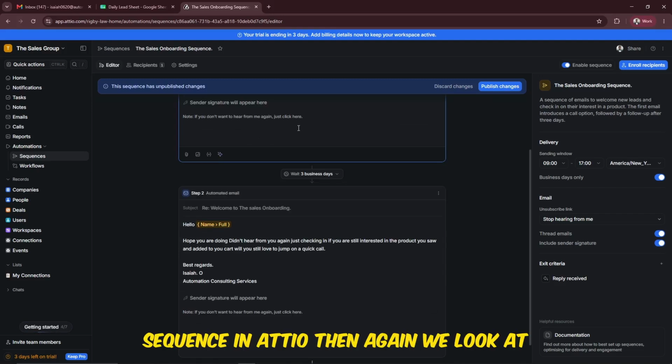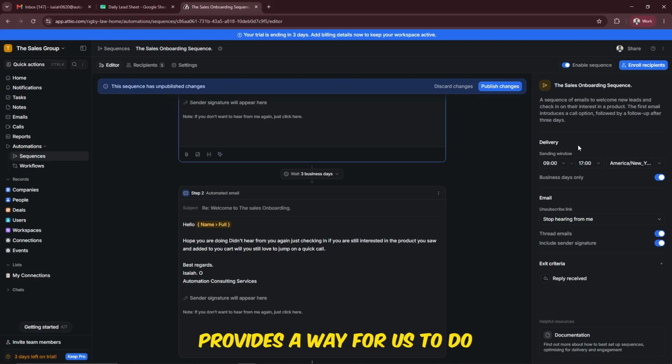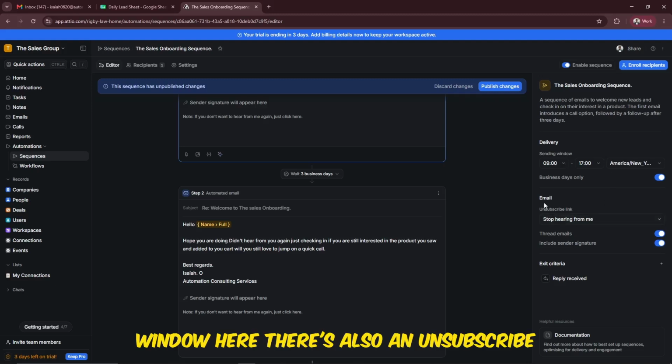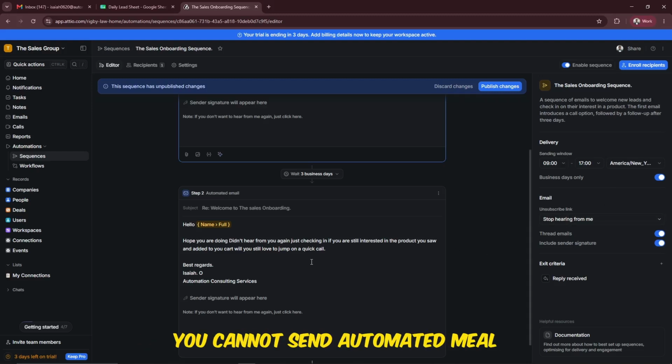Then again, we look at the other two remaining parts on how to ensure that the whole process is properly streamlined. So you want to ensure that there's an exit criteria for your sequence to stop sending this automated mail to the prospect or to the lead in question. So Attio already provides a way for us to do that. Firstly, there's a delivery window here. These are the settings associated with the sequence. There's a delivery window here. There's also an unsubscribe link, so that in the future you cannot send automated mail to this specific client because they've clicked on the